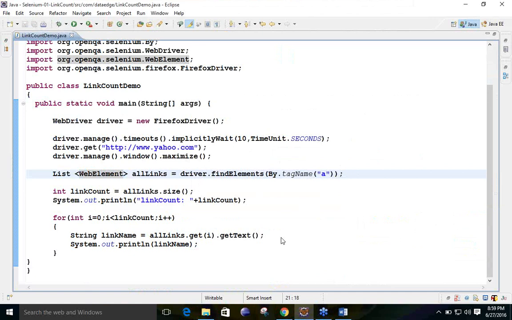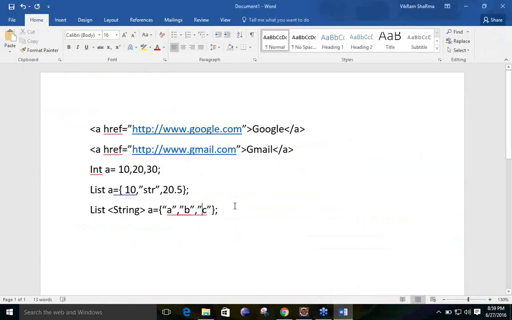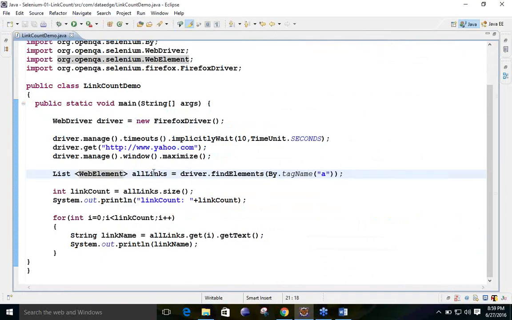Now, in the linked list, we have seen that we have methods known as size, length, add, delete, remove, right, Prasanti? In the case of Vikram, in Eclipse, after the dot, it will highlight so many methods. Same thing here: the name is allLink. So if you write allLink.size, what will it do?